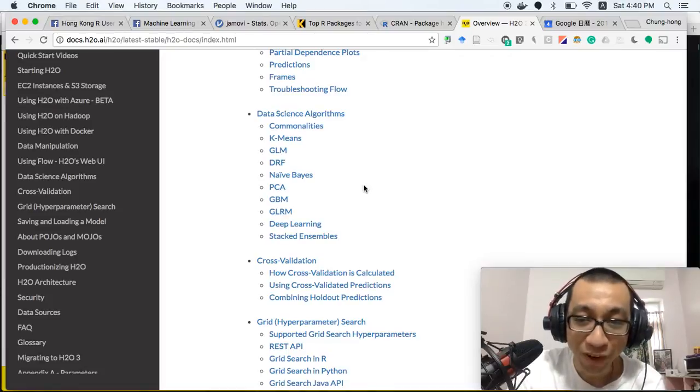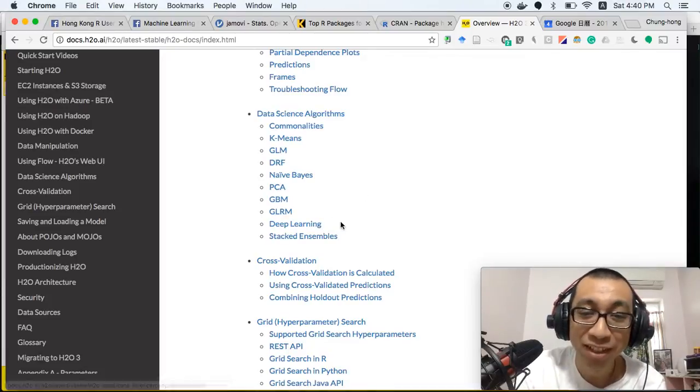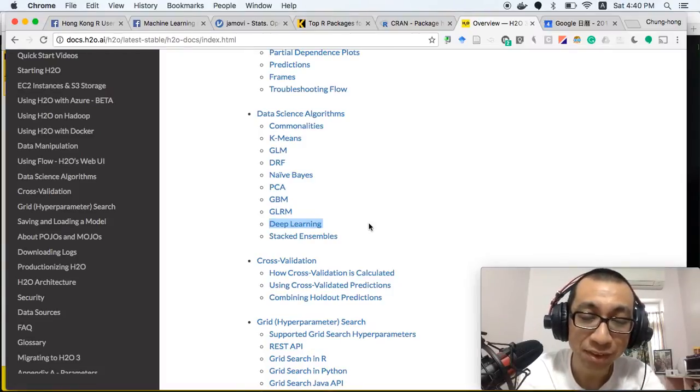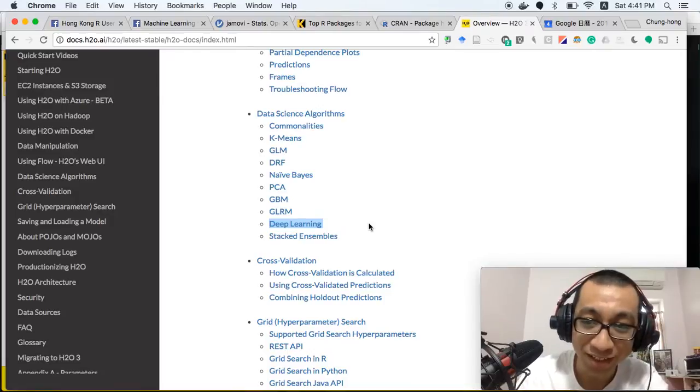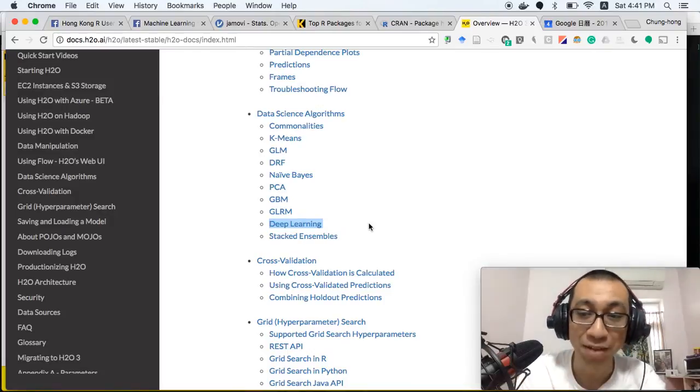The most important one actually is deep learning. It offers deep learning, so that you can use it in R. And currently there are no